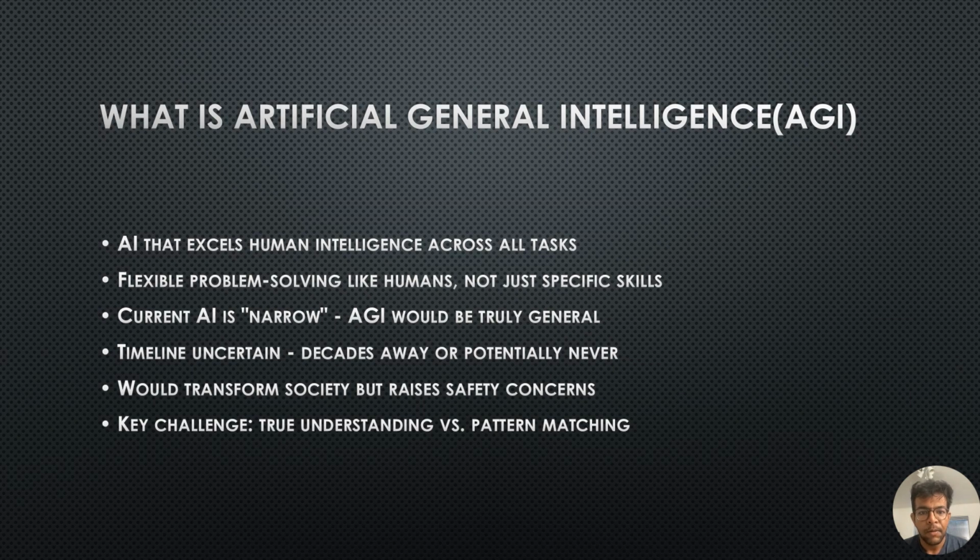Okay, so let's talk about artificial general intelligence and why we picked that for our project topic. AGI right now is an extremely abstract and extremely theoretical concept. We are not sure when it would be invented. It might take a couple of years, it might take a decade. We are not sure yet. But AGI, artificial general intelligence, has been theorized as something that would excel or match human intelligence across various fields, almost across all tasks. It would have flexible problem solving just like humans.